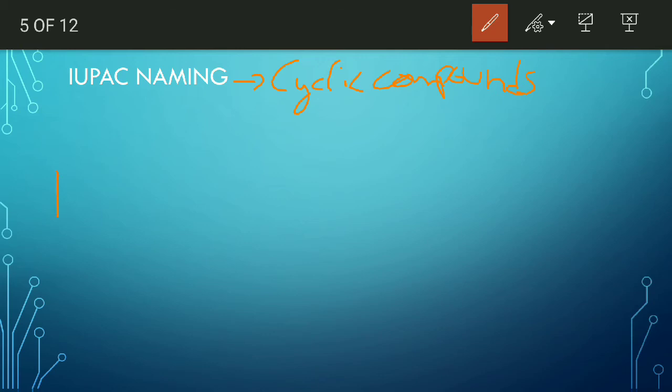When I have this one, when I was teaching the general scheme of IUPAC naming, then only I taught you this also. So if you find a cyclic compound, first you write cyclo. Then check if there are any locants. There are no locants. Now what is the word root? Word root is hex, and all are single bonds, then ane. That's all. This is very simple. We have understood this in the previous lecture itself.